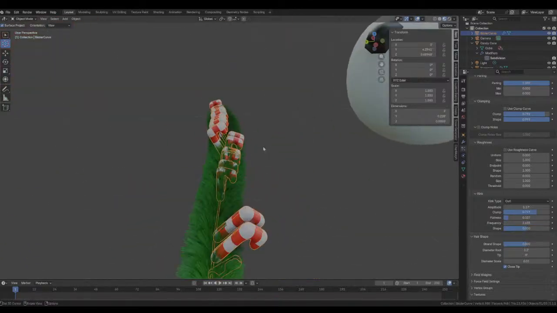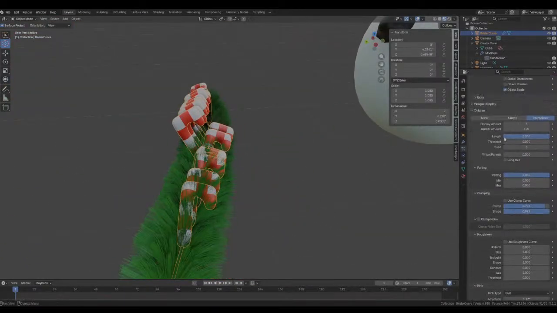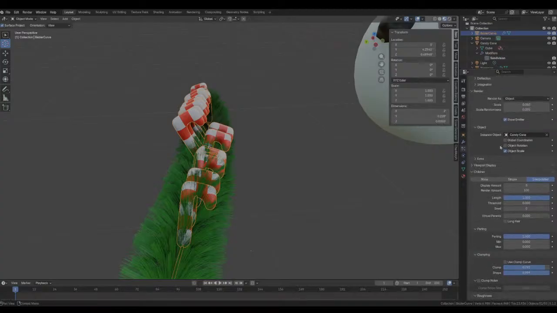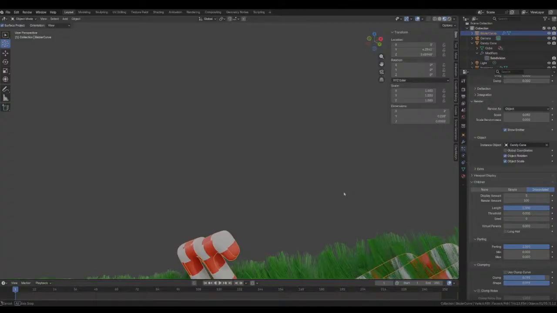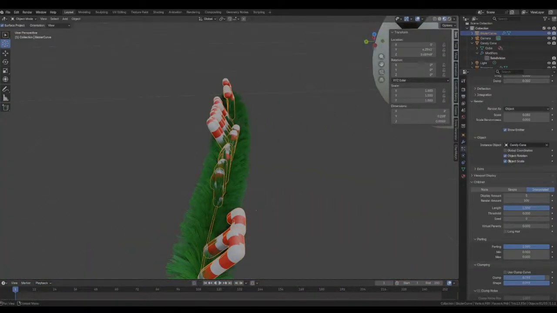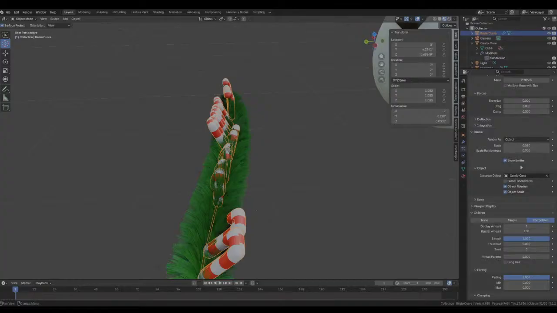The issue is that they're all lined up together like that, and I don't want that to happen. Object rotation. Scale. I don't want that.